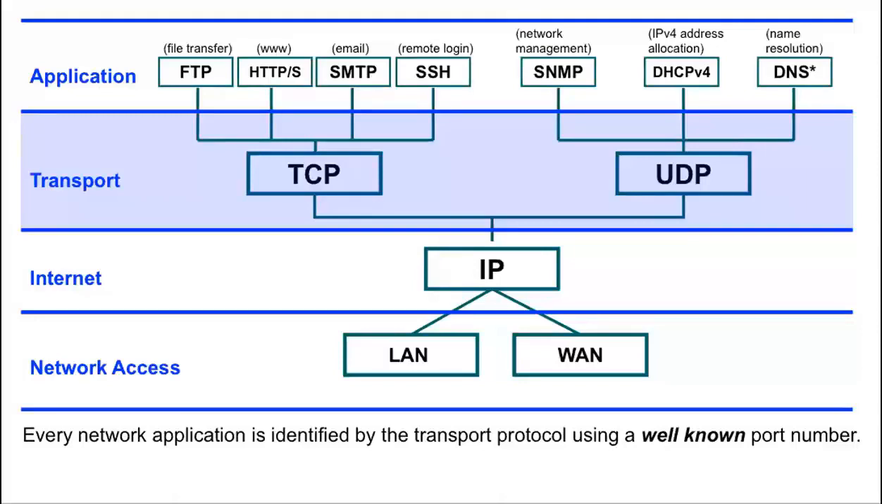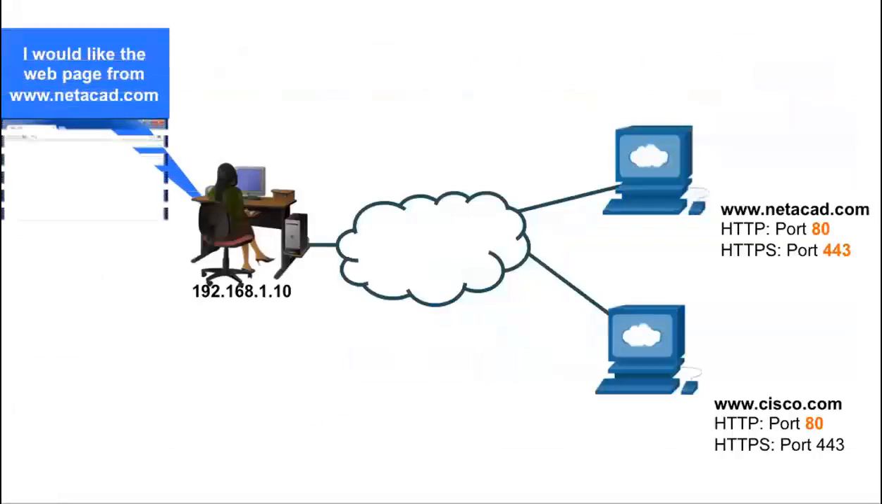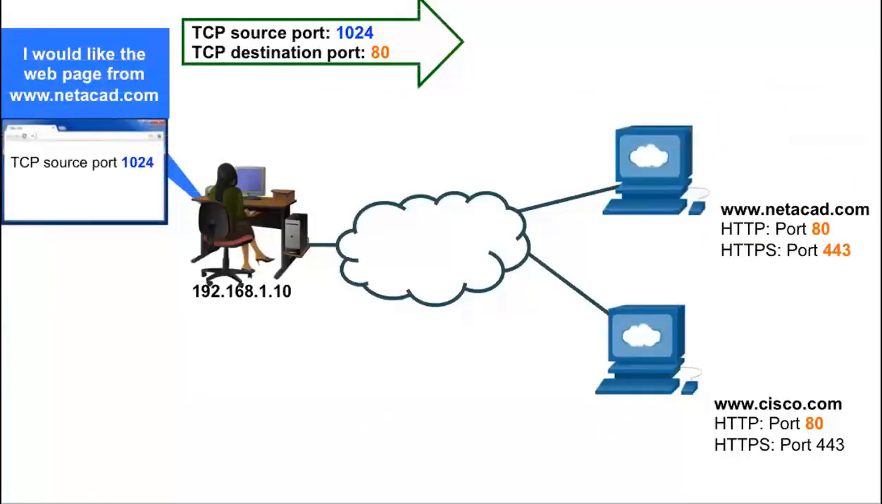TCP and UDP use source and destination port numbers to keep track of application conversations. Every network application is identified by the transport protocol using a well-known port number. The source port number is associated with the application that originated the request, known as the client computer. The destination port number is usually a well-known port number associated with the destination application on the remote device, the